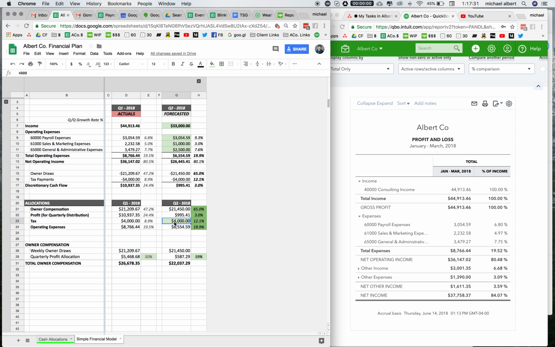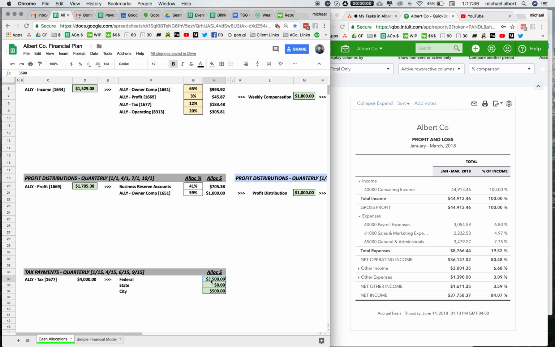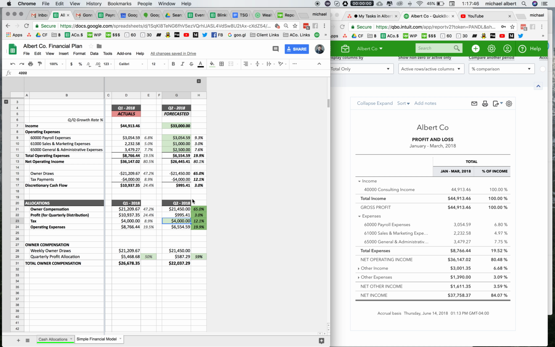So I know on a quarterly basis, I'm going to make a $3,500 payment to the federal government, $500 to the city, and I won't pay any state tax because of the new laws in Ohio that income is tax-free for small businesses up to a certain threshold, which I don't clear. So $4,000 for taxes, which comes out to about 12%,